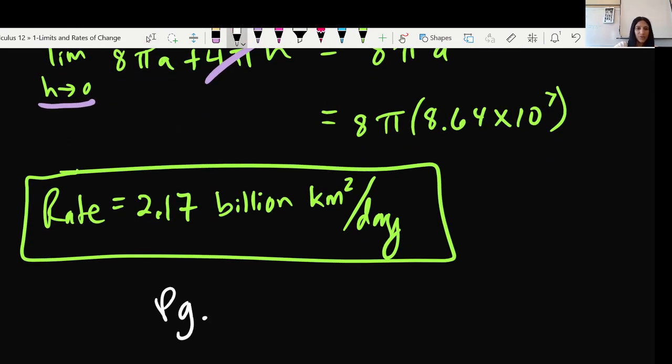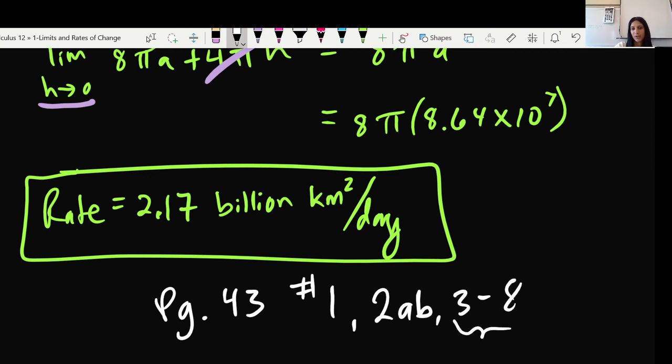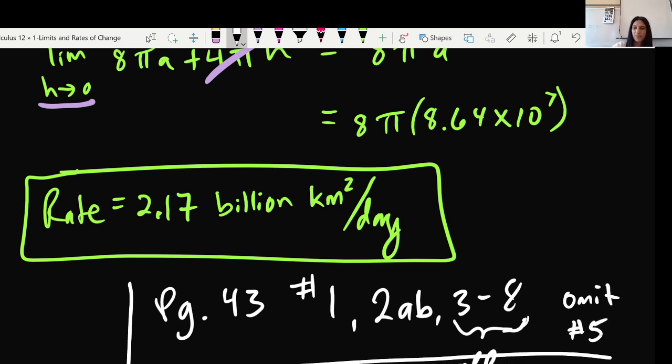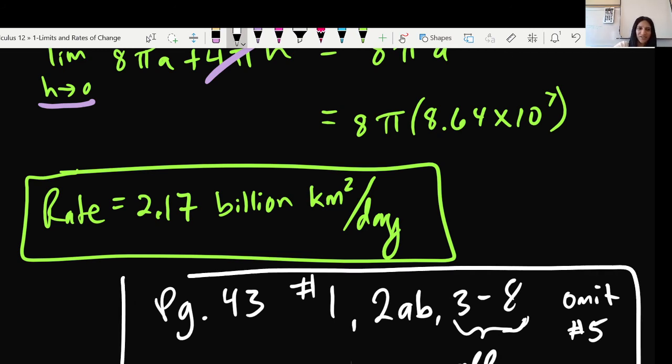Okay, so you can work on page 43, numbers 1, 2ab, 3 to 8. I want you to do all of them for these. And omit number 5, meaning don't do it. Whoops, I missed part of it. There's all of your work. I hope